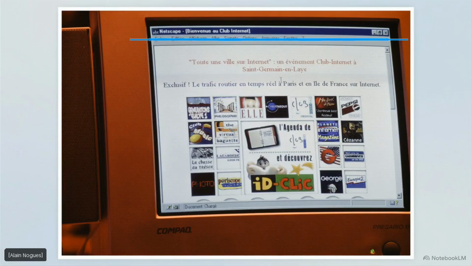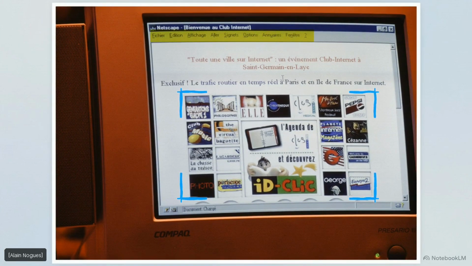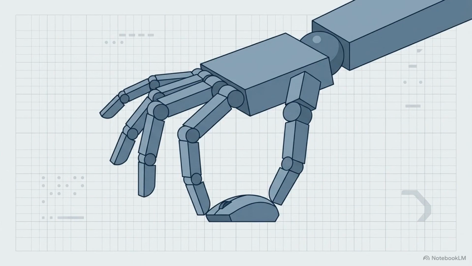Since its inception, the web has been optimized strictly for human eyes and hands. Every drop-down menu, icon grid, and text layout was built assuming a person would be looking at a screen and clicking a physical mouse. Researchers from Mila and McGill University have identified this as a structural flaw in how we